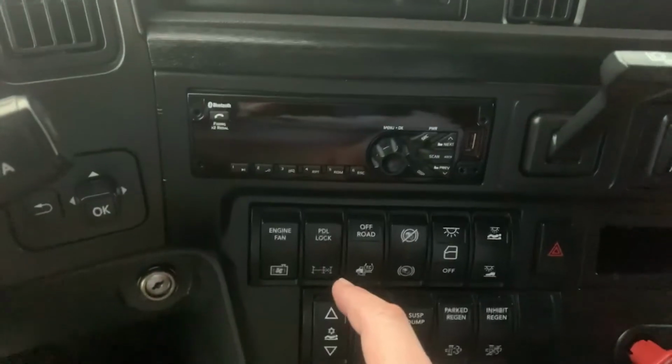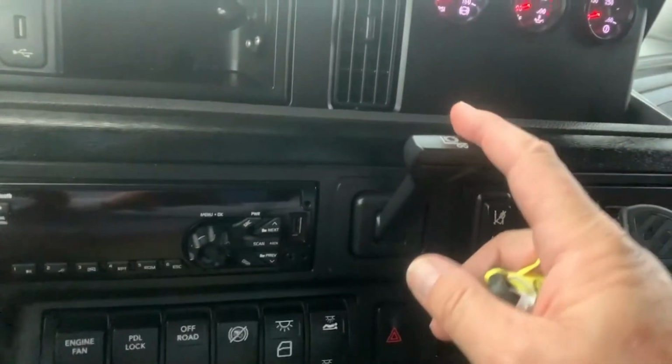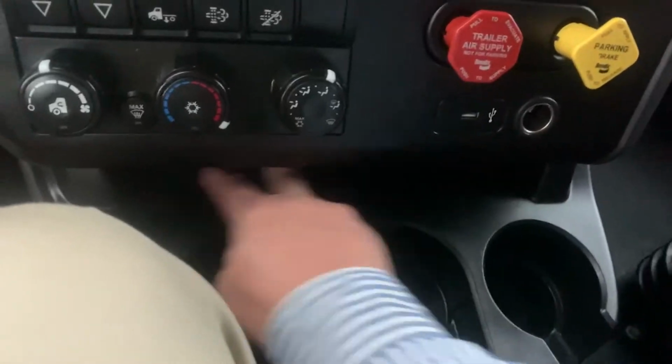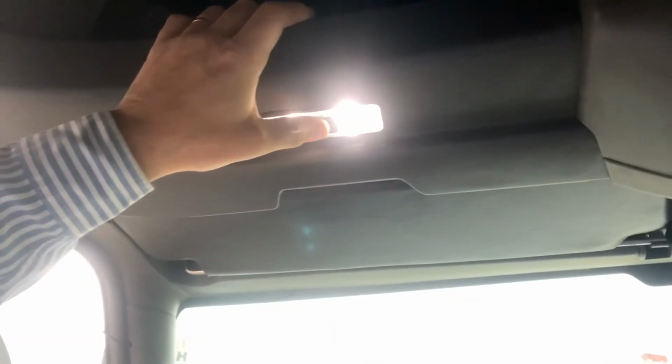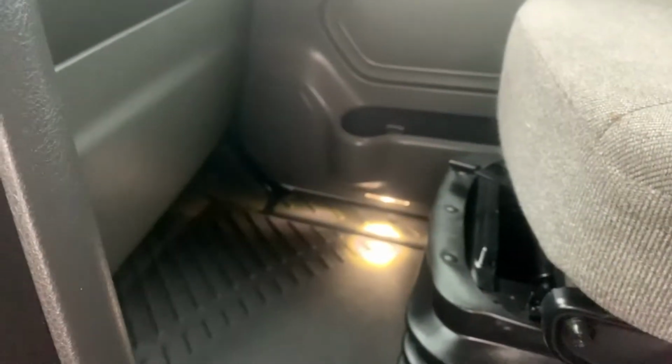connection, AM, FM, Bluetooth radio. Mount for your cell phone. Trailer brake control. Lane departure on off. Cup holders and storage up underneath for your essentials. Reading lamp on the driver's side, reading lamp on the passenger side, courtesy lamps, passenger door, and our overhead lamp